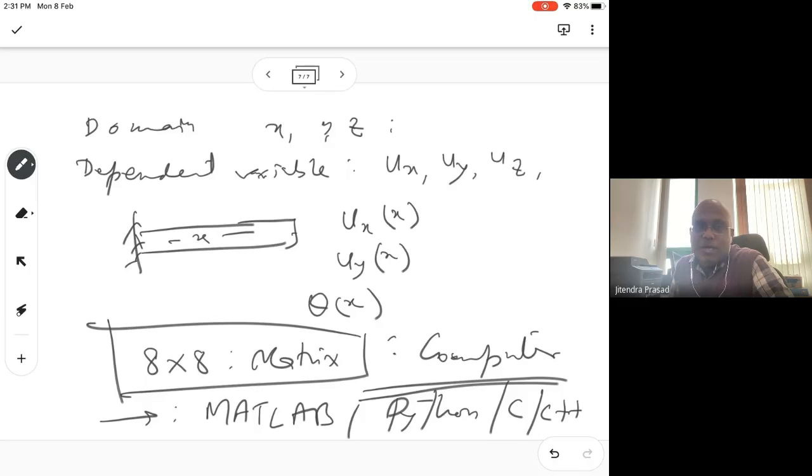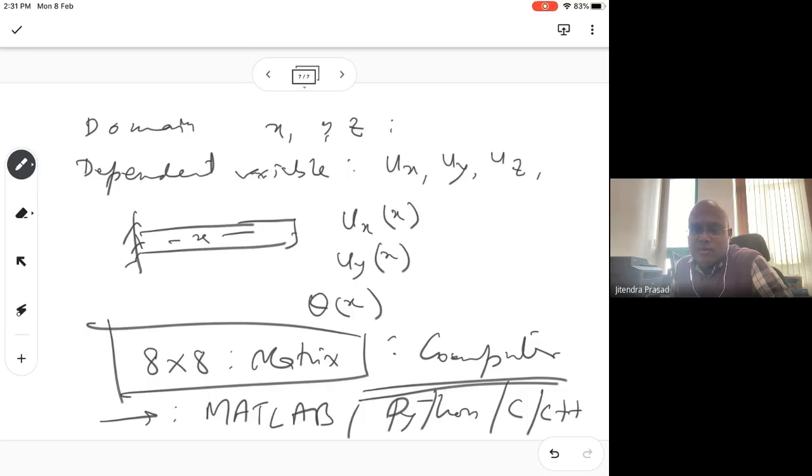So the remaining matrix size to be inverted will be just 3x3, which is easy. 2x2 even easier. So I expect that if we have some exam later on where you come here and take the exam, you solve it by inverting it. You find out the inverse of that and you solve it, because that is the proper way of solving the finite element problem.